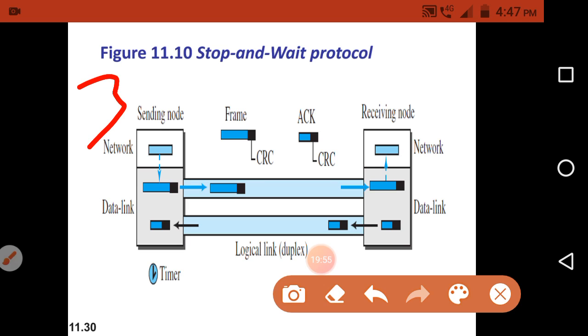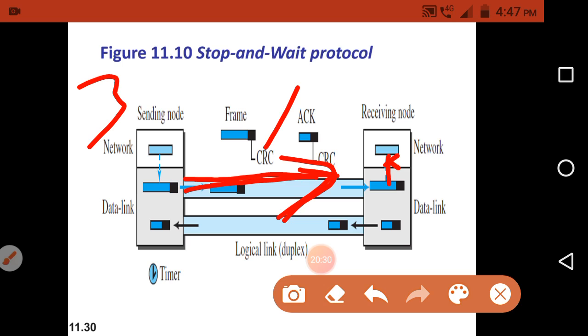Before extracting the packet from the frame, the sender needs to send the frame. Already we have discussed the first and second frame. Now it is the third frame, so the sender will send the third frame. The receiver will verify that frame through the CRC code. If it receives the correct CRC, then it will extract the packet from that frame and deliver that packet.